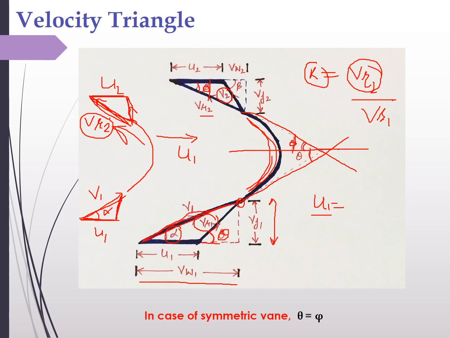In order to get Vw2 and Vf2, we will again resolve it, because it is the absolute velocity component, which can be resolved into a parallel component and a perpendicular component along the direction of the motion of the vane. The component which is here is Vw2, and the perpendicular component is Vf2. The magnitude of Vw2 is very much less. It depends upon this U2. If U2 is more, Vw2 will be less, or it can be negative in other cases that we will discuss in the next slide.